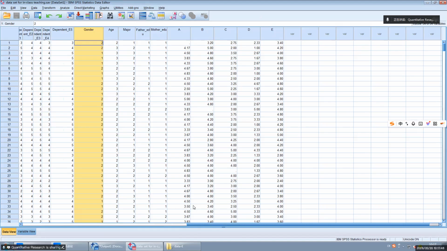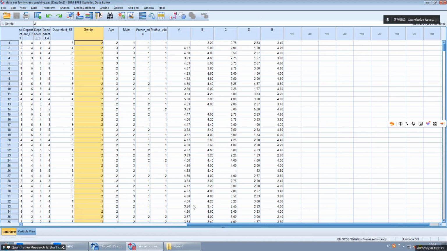So here we have two numbers in gender, 1 and 2. SPSS will automatically think in here 2 is larger than 1, which is not correct, right? So that's the reason we have to treat this type of data, this type of scale, in a special way.